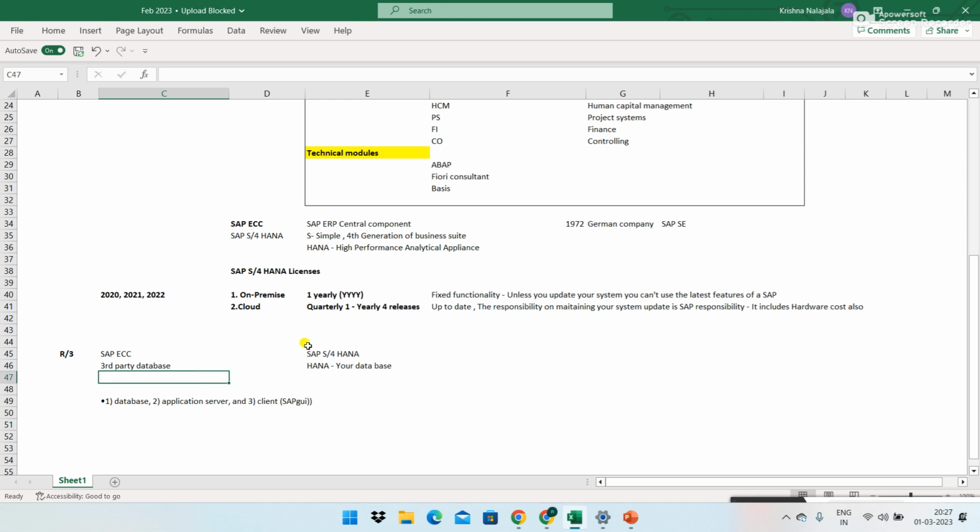However, this is not related to us, so let's try to understand a few technical terminologies in SAP S4HANA. Why? Because in the market, once you join organizations, people start using the terminology.